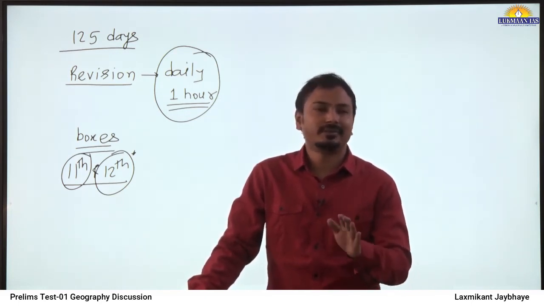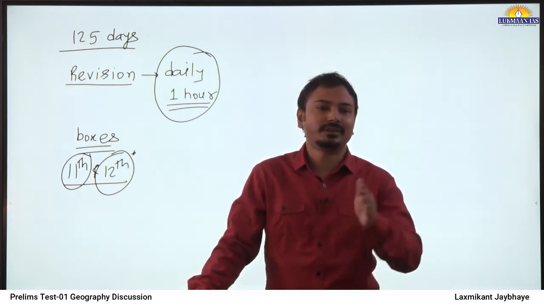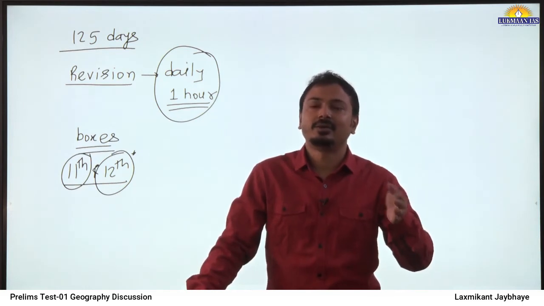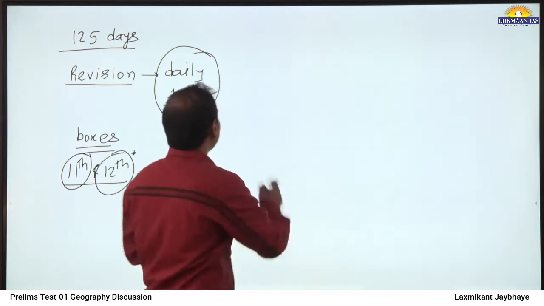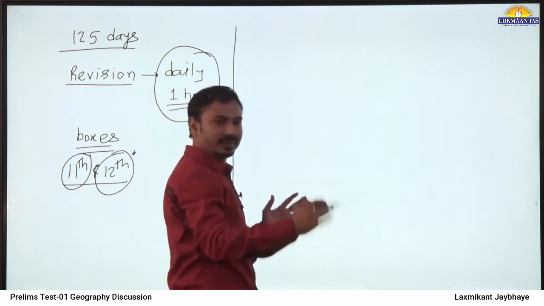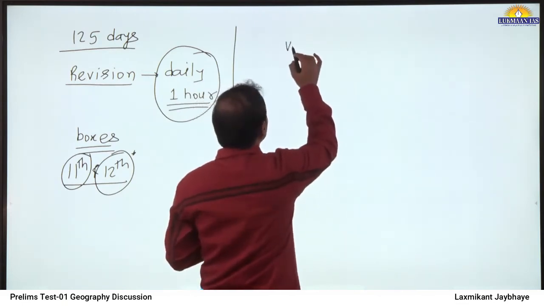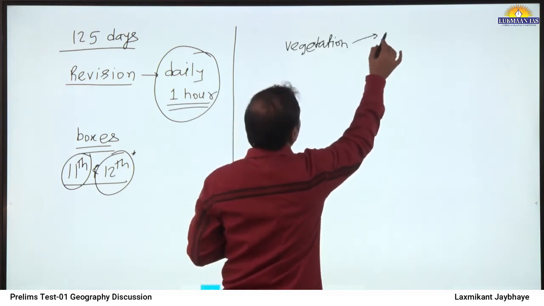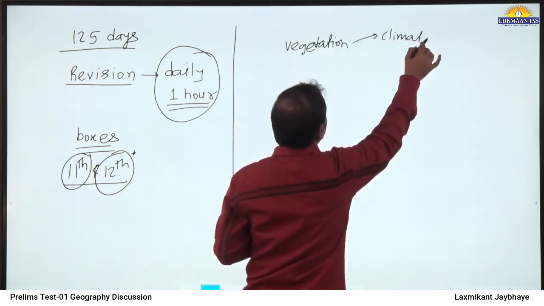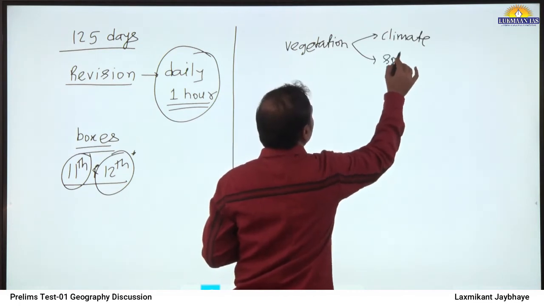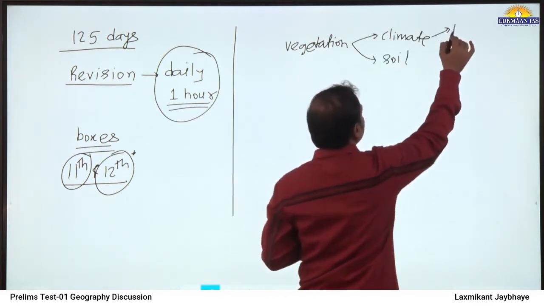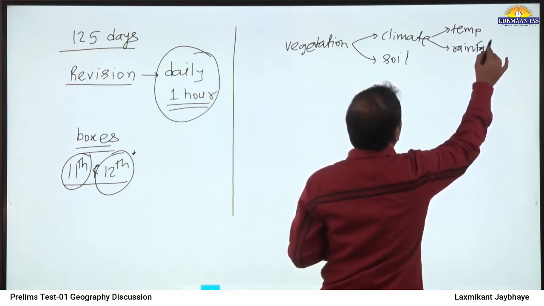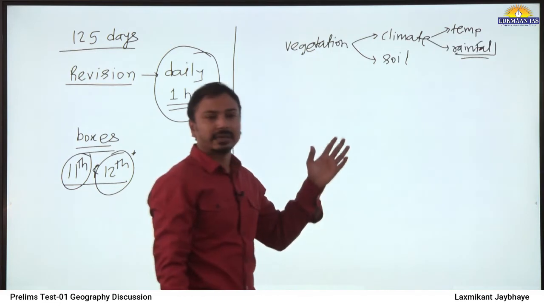Nothing is difficult. See, from equator to polar region, vegetation goes on changing. ठीक है, तो उसके हिसाब से रिमेंबर करना है. और उसके see, in geography everything is related. Everything is related. So vegetation is related to climate. Vegetation is related to soil type. Okay, in climate, temperature, rainfall. तो ऐसे याद रख सकते हैं ना,